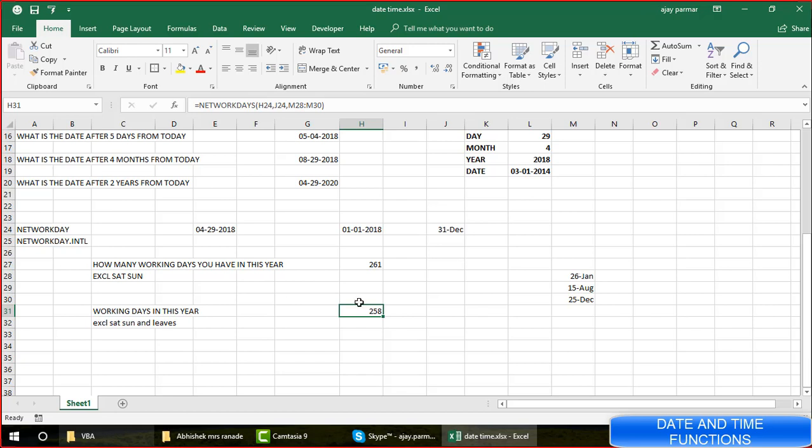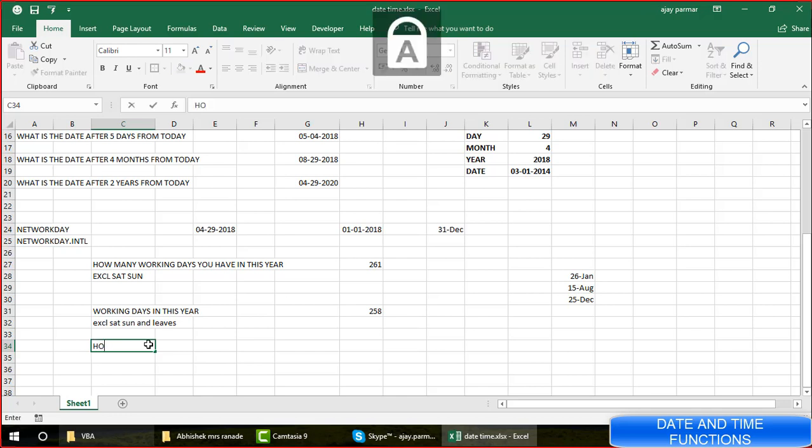Now the question comes, what if I work on Saturday? Maybe my company says that I have to work Monday to Saturday, or maybe I have different holidays, Monday, Tuesday, right? So in that case, what am I supposed to do? Then NETWORKDAYS won't work because NETWORKDAYS by default picks up Saturday, Sunday. You can't do anything in that. So if my company works, let's say 6 days a week, right? Then time to change the company, of course. But till the time you are there,